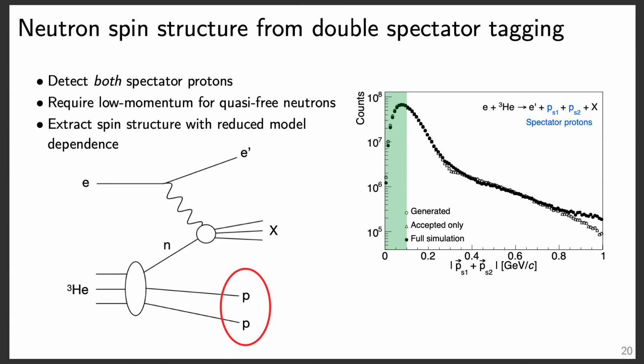So this is kind of illustrating the phase space that you're trying to isolate. This is the magnitude of the vector sum of the two spectator protons, and you want this to be less than 0.1 GeV. The problem is that this is not feasible at a fixed target facility. If you have a fixed helium-3 target, trying to measure these two low momentum spectator protons is basically impossible. And so that's why the EIC is so special,